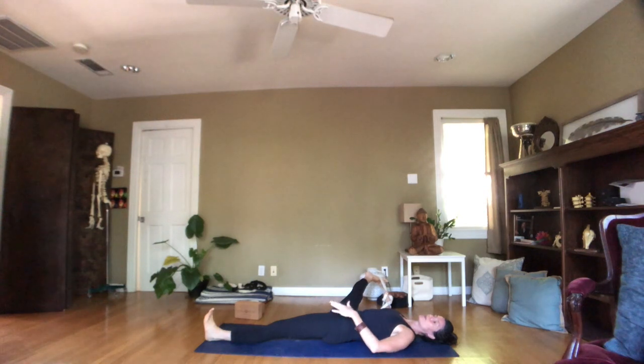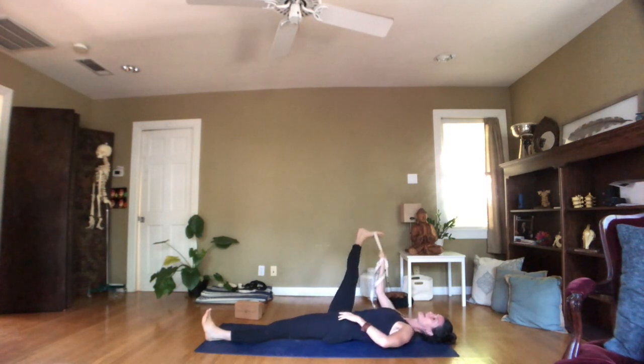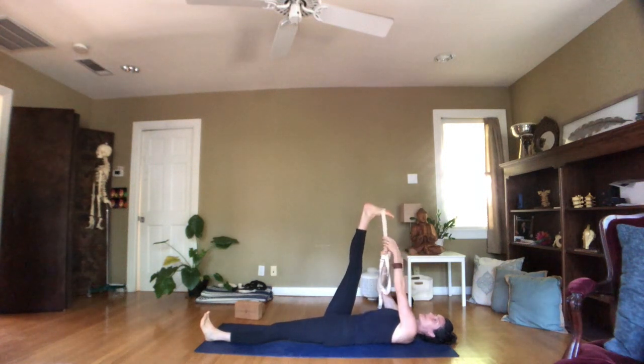Beautiful. So the work here is, can you extend from the inner right knee to the root of the right big toe as you draw the right inner thigh to the left sit bone and the left thigh bone down to the earth. Spin the left ribs to the ground. Take one more breath. Bring the leg up, and now let's go ahead and switch the hands, and again we'll